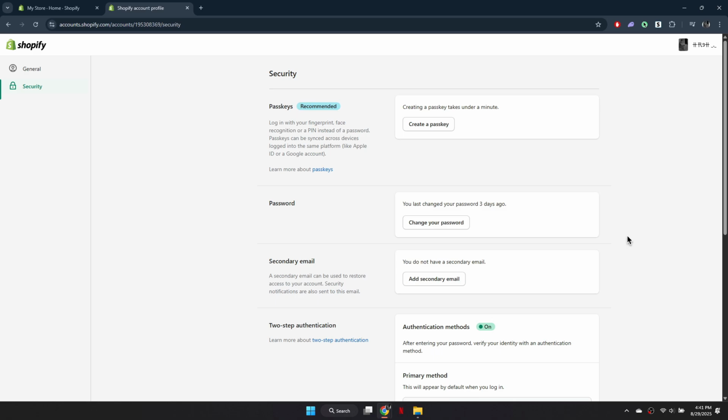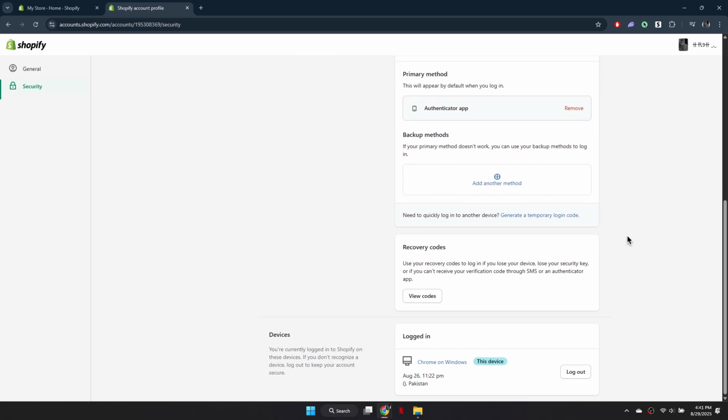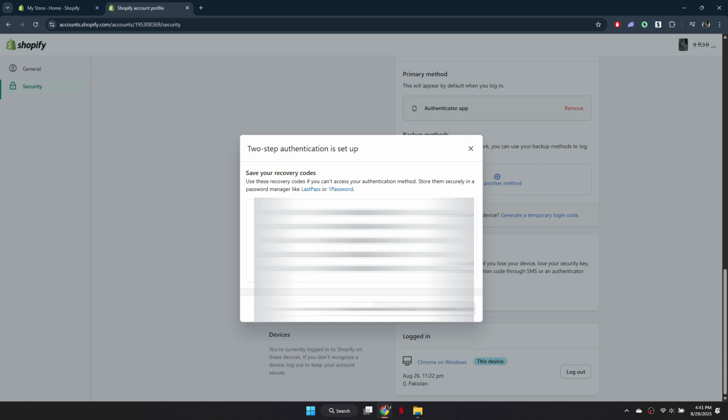Scroll down until you see the section labeled Recovery Codes. Click on View Codes to see your current recovery codes. If your codes are already used or compromised, click on Regenerate Codes. This will instantly generate a new set of recovery codes for your account. Be sure to store these codes in a safe place, such as a trusted password manager, since they can only